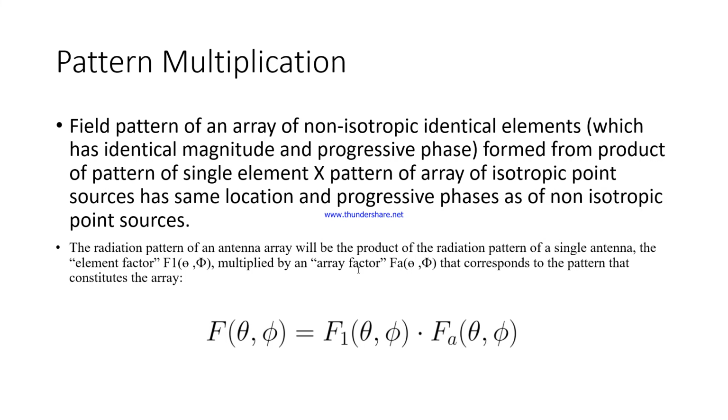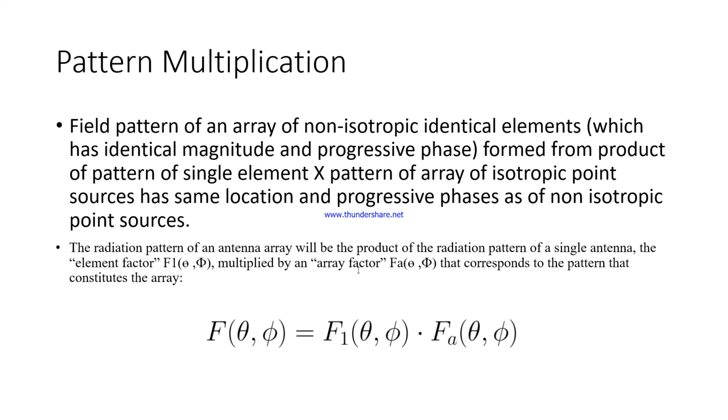It is formed from the product of the pattern of a single element and the pattern of an array of isotropic point sources which have the same location and progressive phases as the non-isotropic point sources. So this is pattern multiplication. In pattern multiplication we are multiplying the pattern of a single element and the pattern of an array of isotropic point sources. In other words, we can say pattern multiplication is